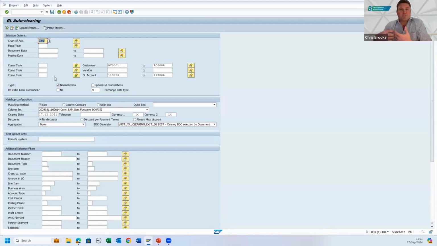And now typically, if I were to run this in standard SAP automated clearing, it would pull everything together, but would keep each account completely separate from each other. And you'll see that's not going to be the case here. It's important for me to note that